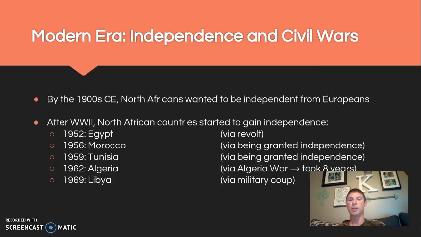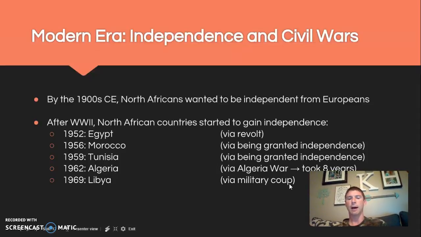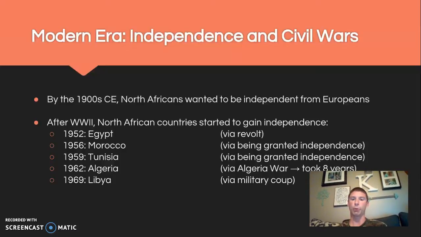You can see Egypt, Algeria, and Libya all had problems. This term coup here, that's not pronounced coupe, like a chicken coop or a car called a coupe. This is called coup, even though it has a P in it. Basically, a coup is where the military goes in and takes over the government. And then usually, maybe like the leader of the military becomes the next leader. If you studied last year, Cuba and Fidel Castro took over Cuba through a coup. So it's not necessarily a good thing if you are a proponent of democracy, since it is not an election